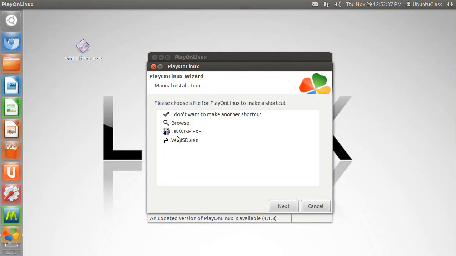So now that PlayOnLinux is finishing up the install, it shows me all of the executables that it installed. I'm going to click on this one to set up a new shortcut. So I click